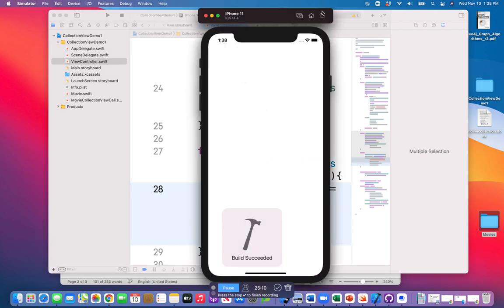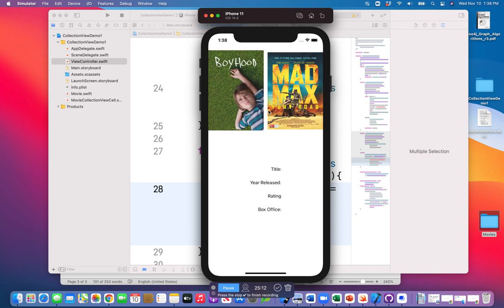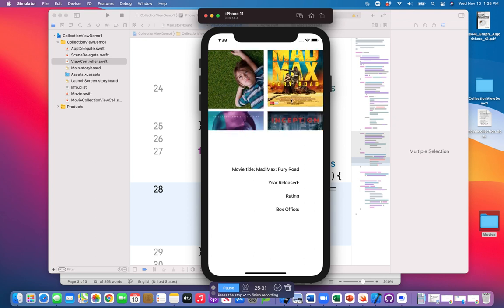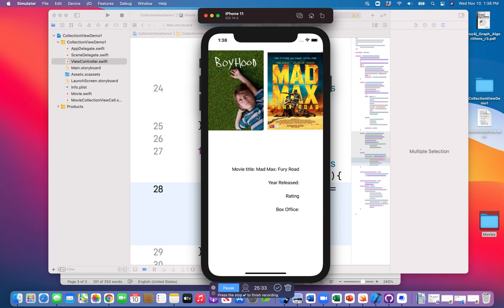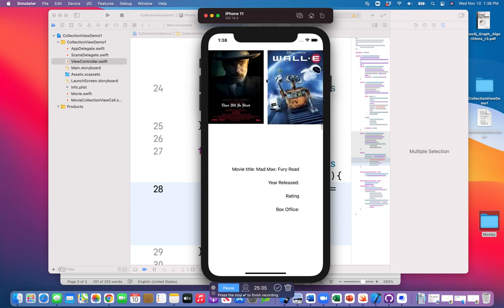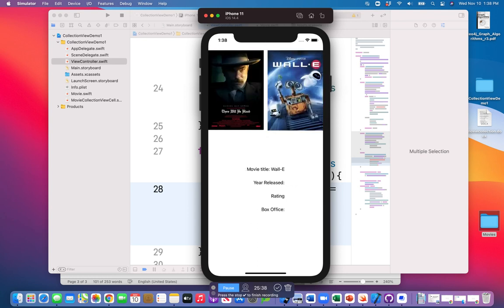Okay, now we got all the movies, or at least we can see that. I clicked on this, and at least I got Boyhood. I didn't write the code for all of these, so you don't get it. Fury Road. Look at that, it's not working horizontally. I'm getting it in a vertical way. So you get this movie, Wall-E, There Will Be Blood,